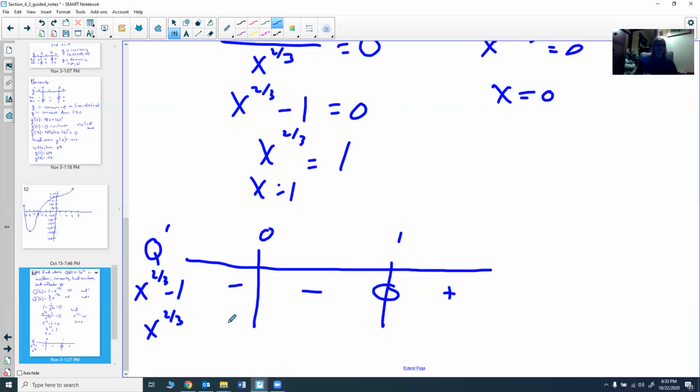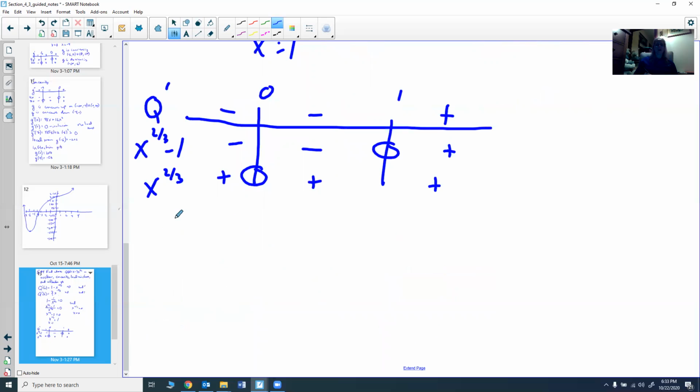X to the 2/3 really isn't 0 at 0, but it was undefined there. So if you take a number less than that, you're still squaring it. So no matter what, it's going to be positive, because x to the 2/3 means you're going to take the cube root and then you're going to square it. So you're always going to get a positive number. So positive times a negative is a negative. Positive times a negative is a negative. Positive times a positive is a positive. So now we know that Q is increasing